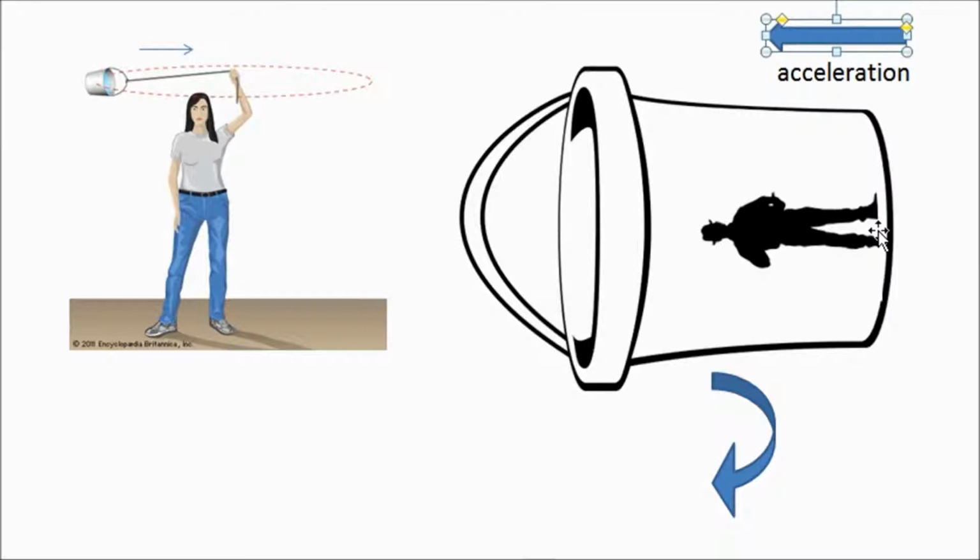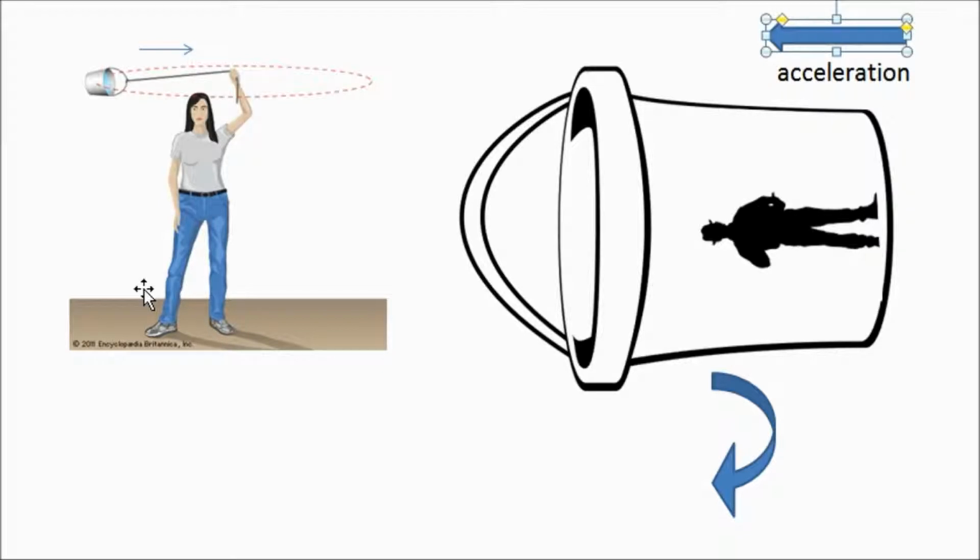That's called centripetal force, the one we've been talking about, and that force is acting on a mass, the bucket, the bottom of this bucket, and so therefore that force has an acceleration. F equals ma, force is mass times acceleration. If you have a force acting on a mass, then it is accelerating. Now the bottom of this bucket and this man, they're all accelerating towards the center of the circle,